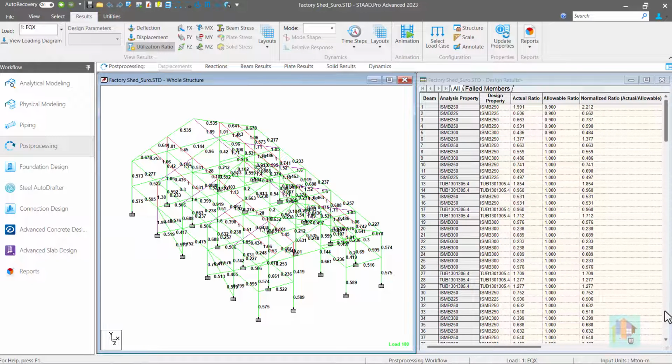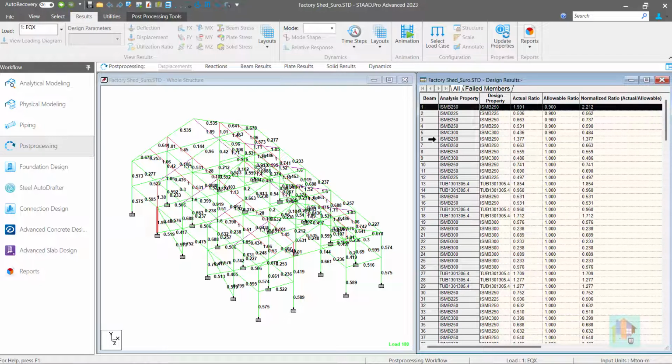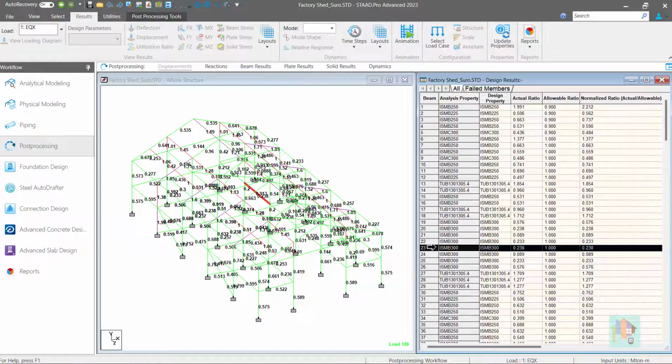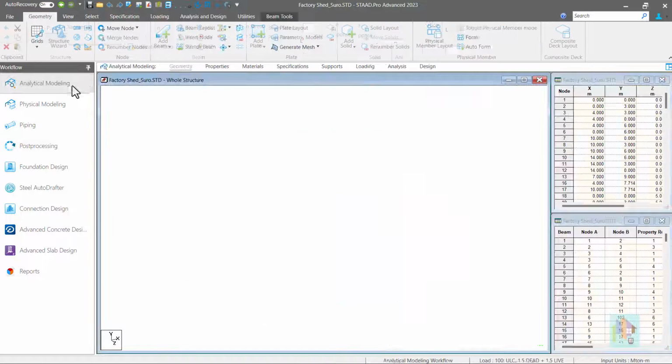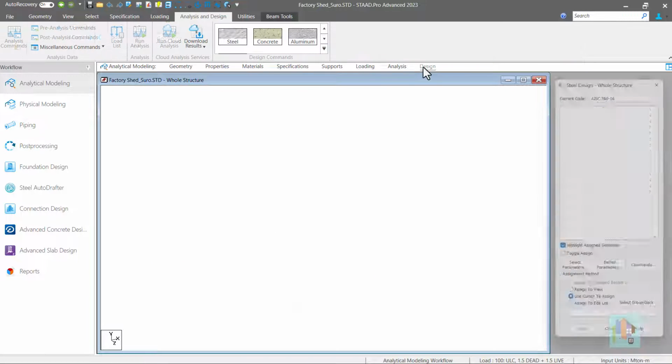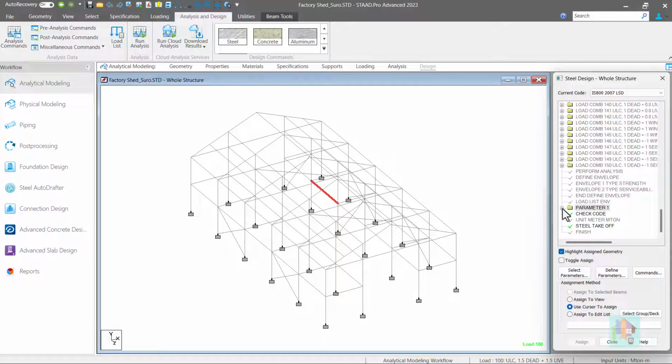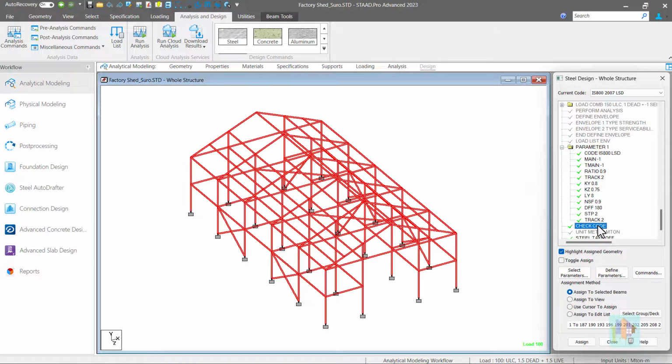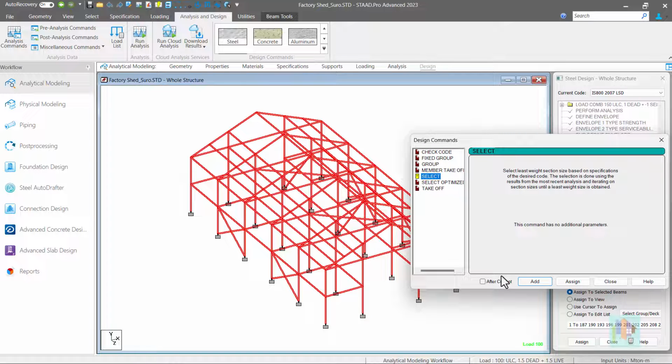Consider this model. After non-iterative member design with check code, a few members fail. For a few members, the critical design ratio is very small. Using the select command, we can find what is the optimum section for each member. For that, from the steel design page, remove this check code command, replace it with the select command, and assign it